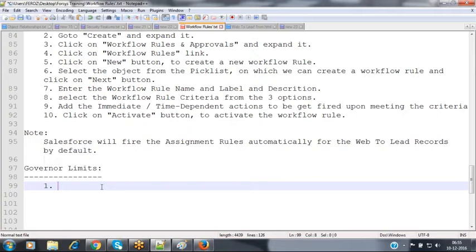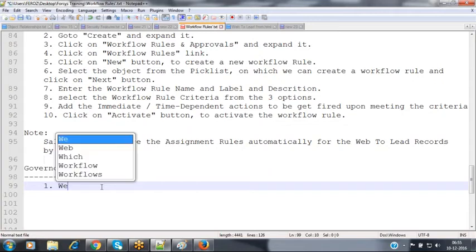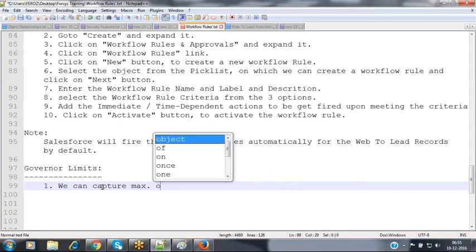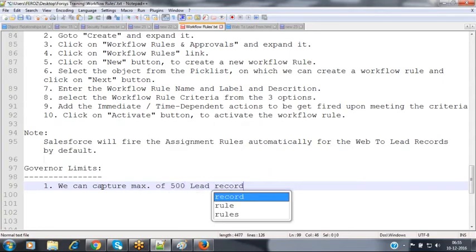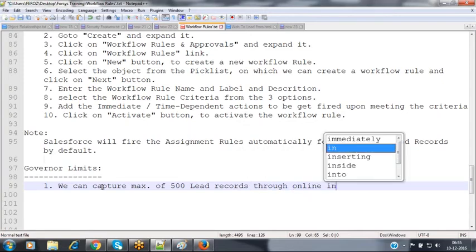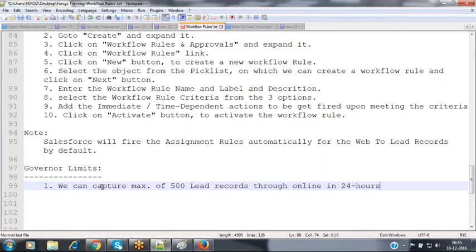So in this scenario, how many lead records can we capture in a 24 hours time frame? Salesforce has some limitations. What are those limitations? We'll see practically here. We can capture a maximum of 500 lead records through online in a 24 hours time frame.